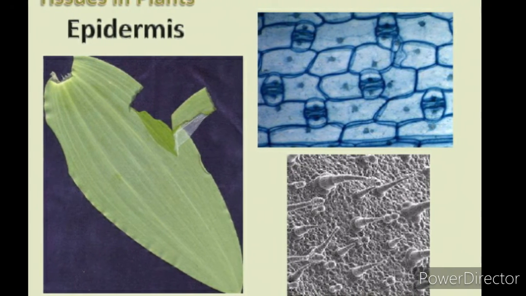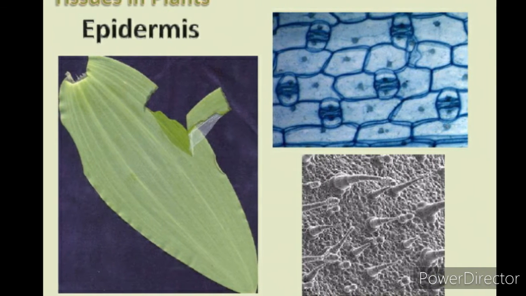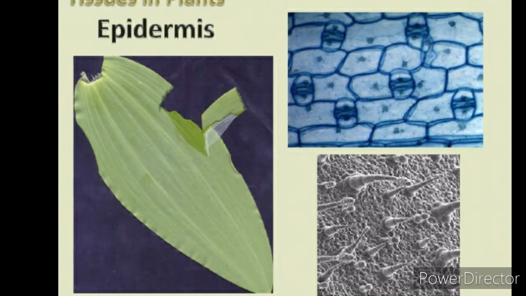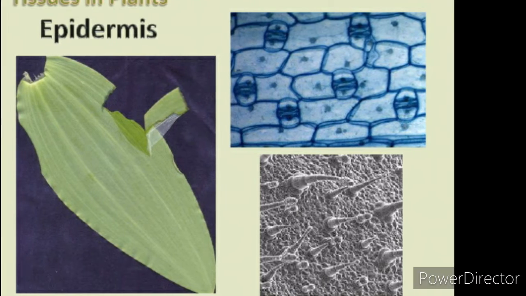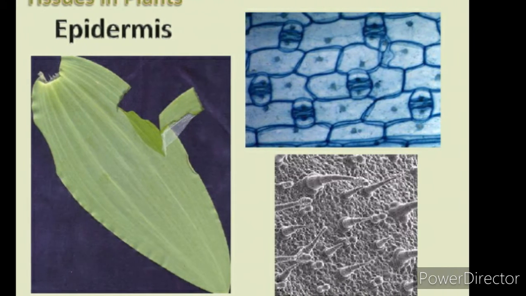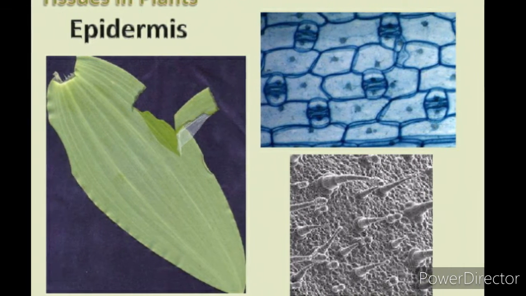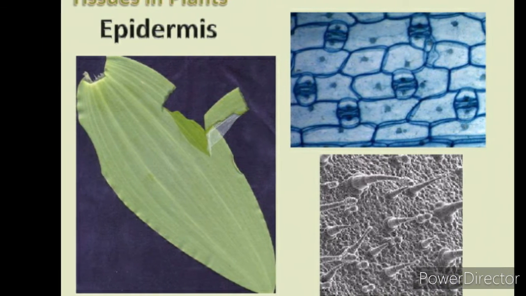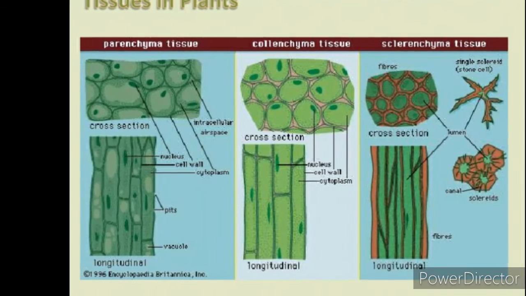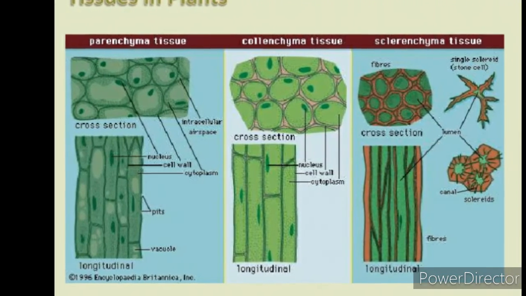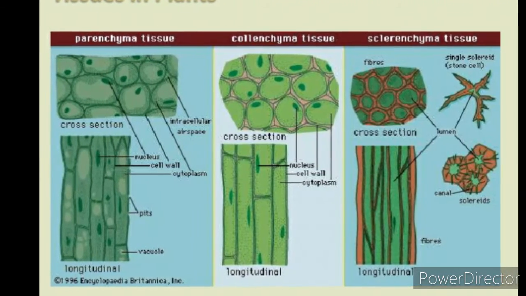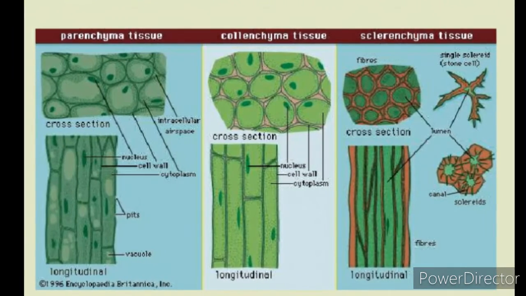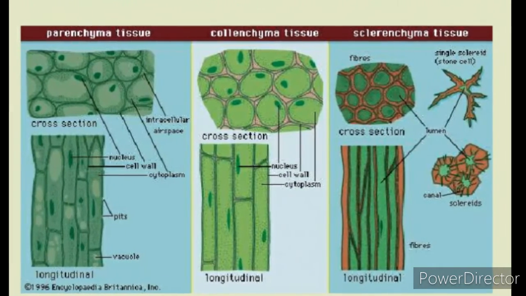Epidermal cells on the aerial parts of the plant often secrete a waxy, water-resistant layer on their outer surface. This aids in protection against loss of water, mechanical injury, and invasion by parasitic fungi. Since it has a protective role to play, cells of epidermal tissue form a continuous layer without intercellular spaces. Most epidermal cells are relatively flat. Often their outer and side walls are thicker than the inner wall.